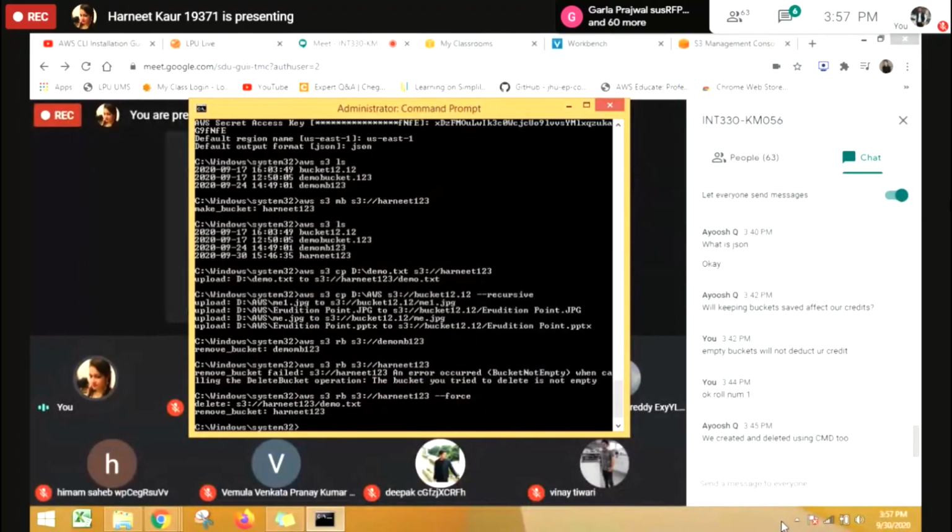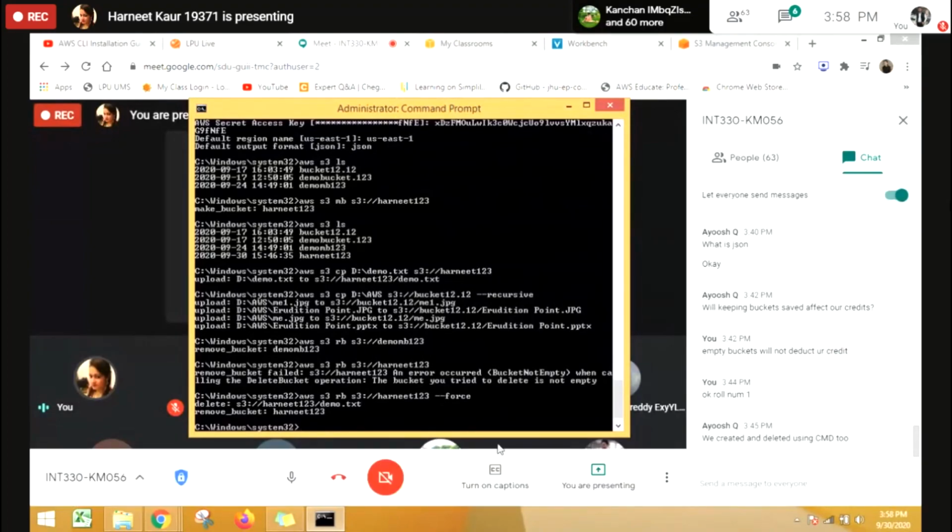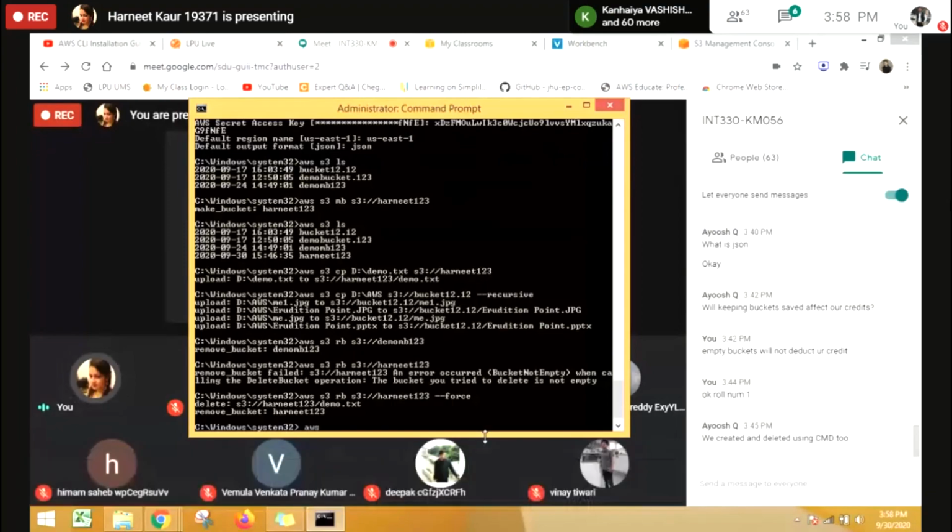The command is that if I have to look the entire data which is stored within the bucket, like in this particular bucket, if I am talking about this bucket was bucket 12.12, जिसमें मैंने बहुत सारा डेटा अपलोड किया था, एक पूरा का पूरा फोल्डर. तब मैं चाहती हूँ ये सारा का सारा डेटा मुझे लिस्ट हो जाए यहाँ पे. Then how I can do that? So in that, basically the command is AWS S3 ls. ls is the main command, ठीक है, जो हम यूज करेंगे.